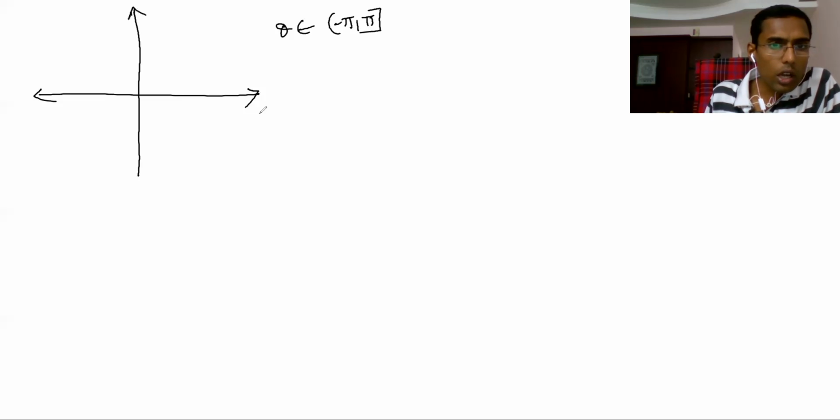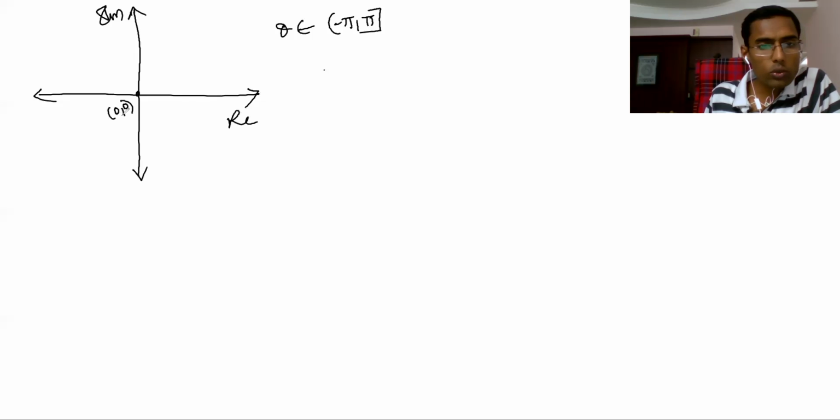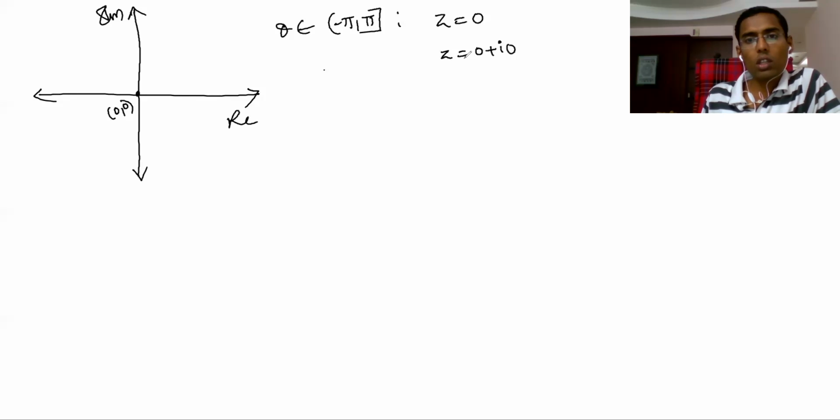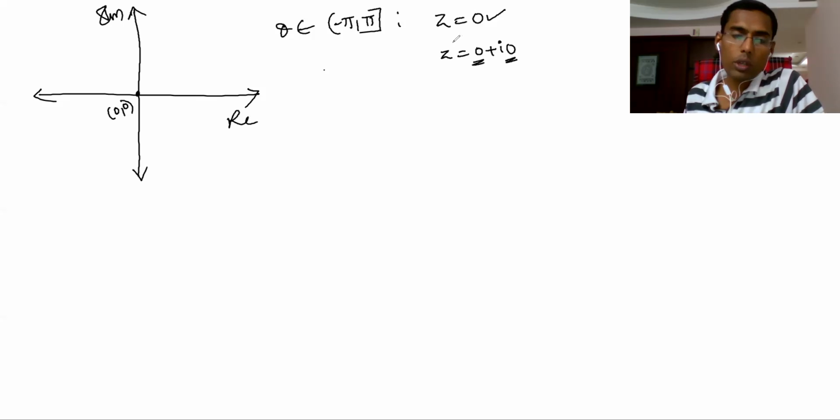So here in this Argand plane, this is the real axis and this is the imaginary axis, and this is the origin, 0, 0, where mod z is 0. Yesterday we discussed that z equal to 0 is 0 only. 0 is a complex number, 0 plus i 0, because the real part is 0, so purely imaginary, and the imaginary part is 0, so purely real. Therefore 0 is the only number which is both purely real and purely imaginary.